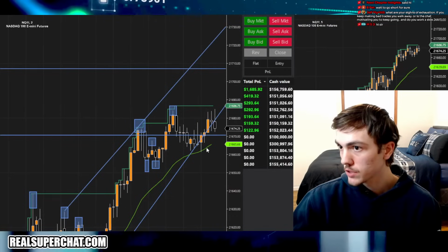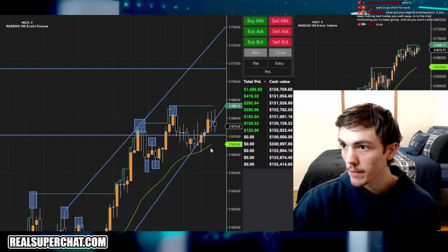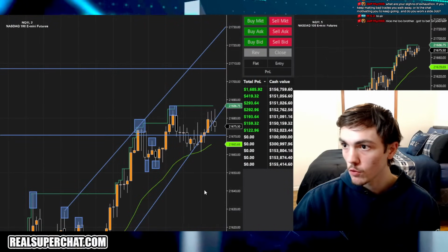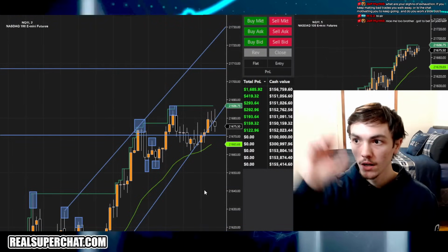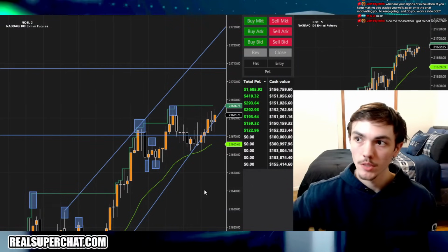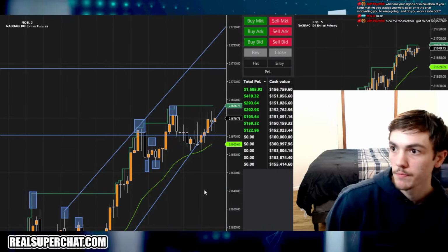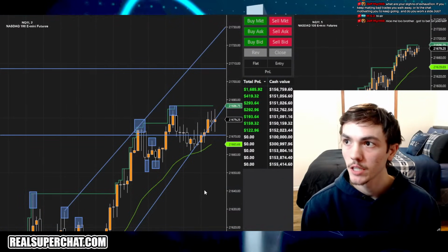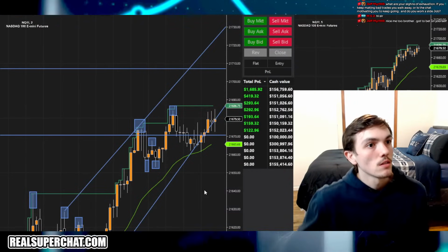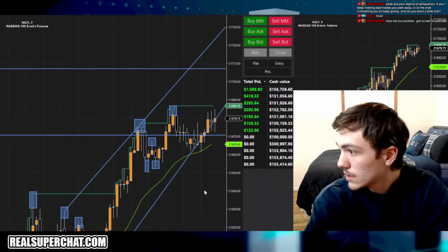Okay, for me to short this, I'd be looking for this to wick down, wick through this pivot point, bounce off the 21 EMA again, come up, just end about here, and then full reject. So higher high, higher low, into a lower high, short there, look for a reject. But right now, it's trying to pump back into this range. We have the pivot point to the upside at 21,707. A lot of bullishness.